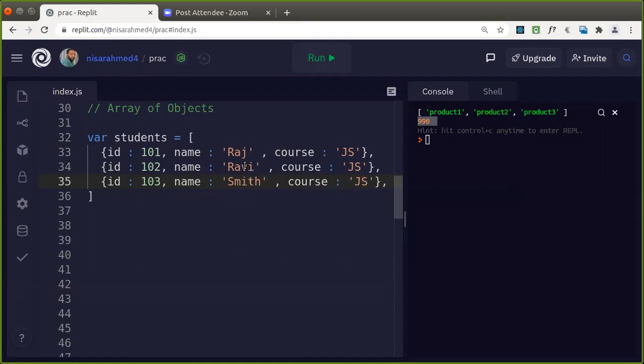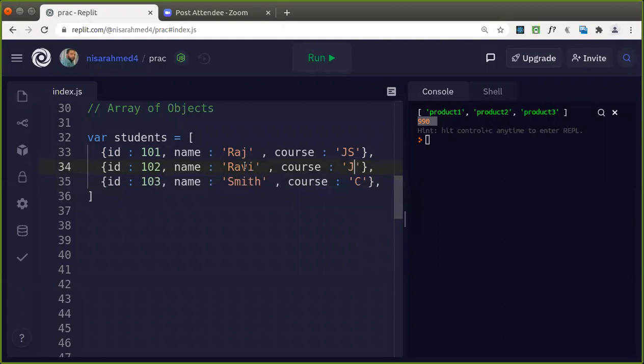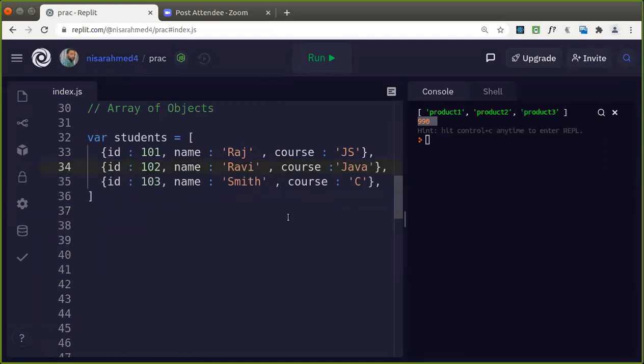Whatever could be the course, could be C language, could be Java. Good. So like that, we are having an array of what? Objects. Now, how you are going to access it is in the same way. How you are manipulating arrays, in the same way you are going to manipulate that one, isn't it?